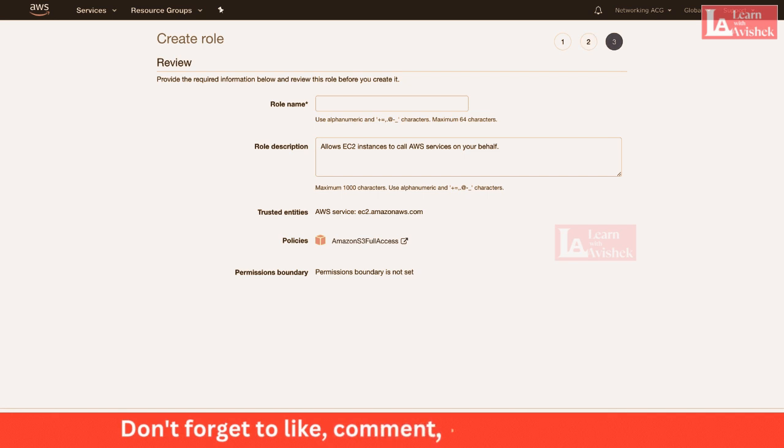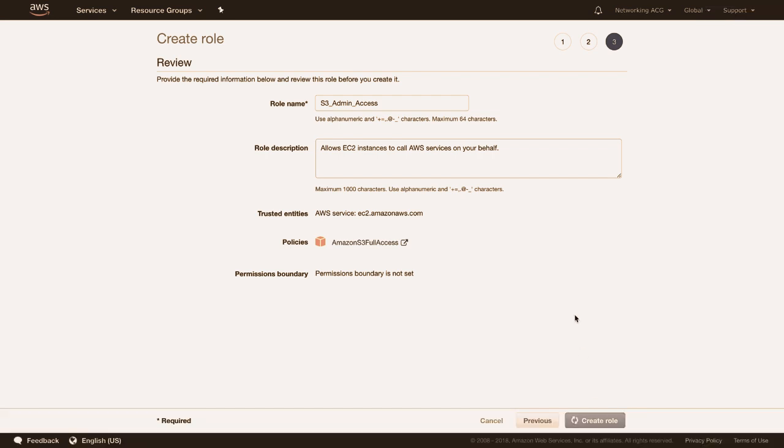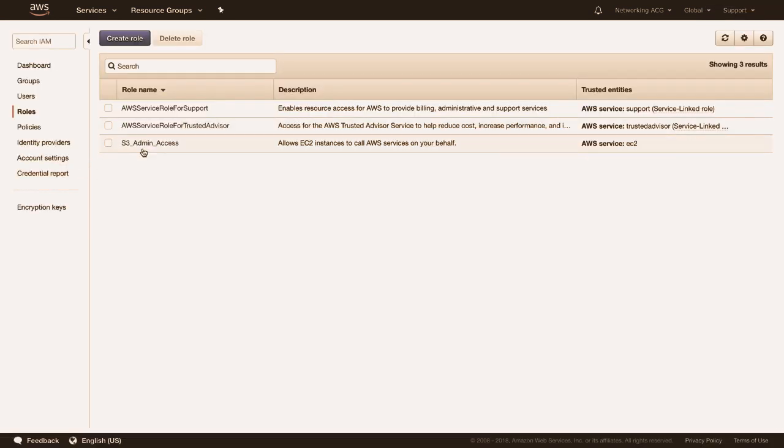Let's go ahead and hit next review. And the role name, just give it a unique name. I'm going to call it S3 underscore admin underscore and then access, and I'm going to go ahead and create the role. So that role has now been created. You can see it in here, and we're going to use it not in the next section,